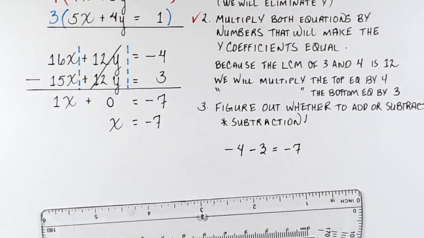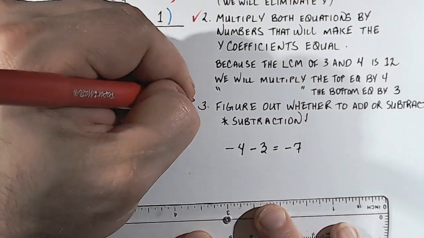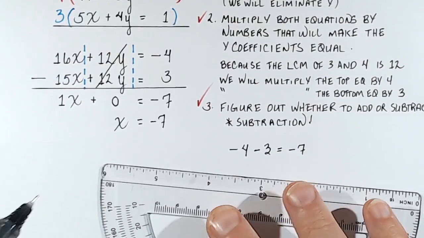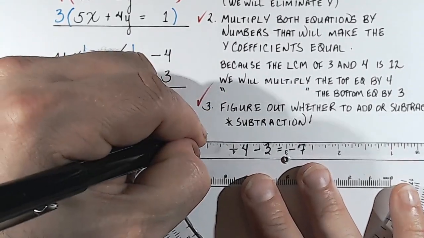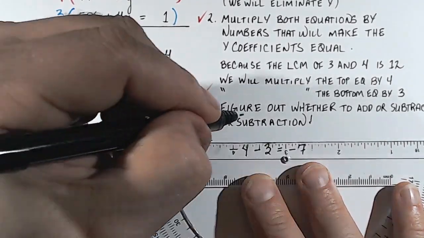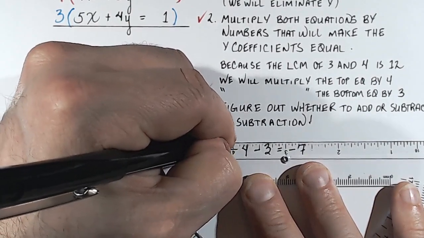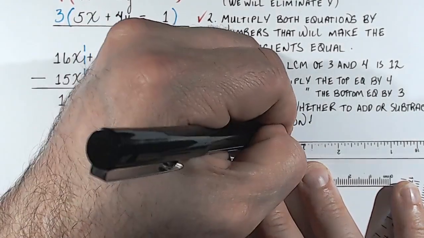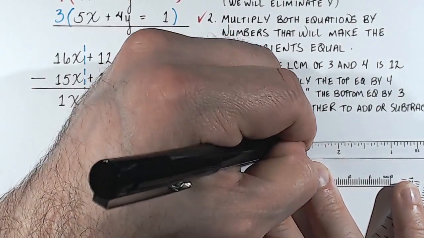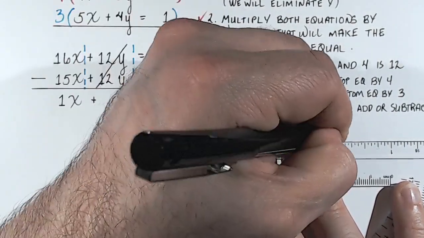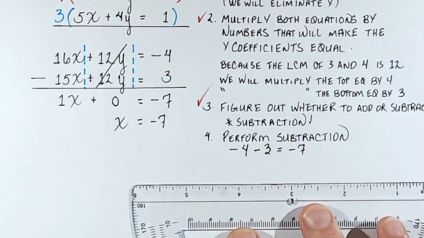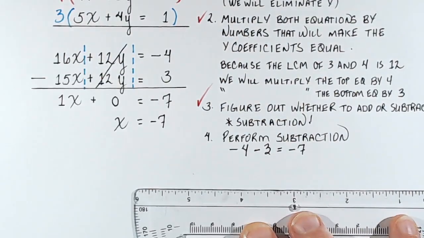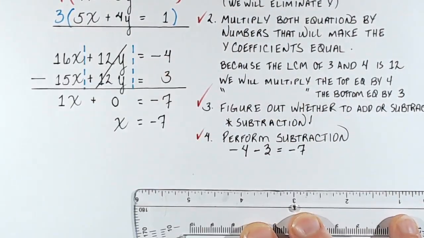Well, step 4. Okay, so we did step 3. And we actually did step 4. I should have inserted step 4, which is to perform subtraction. All right, so we did that. That's what we just did. Okay, so we did that, and I guess we're on to step 5 now,